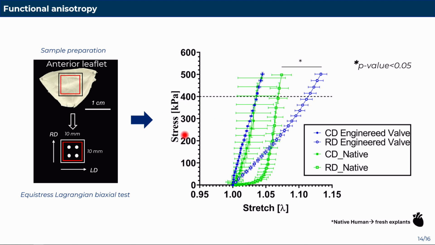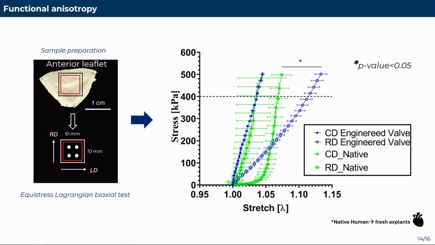We can see how along the circumferential direction the curves mostly overlap, while along the radial direction they do not. That means that along the circumferential direction we were good at aligning the fibers, but along the radial direction